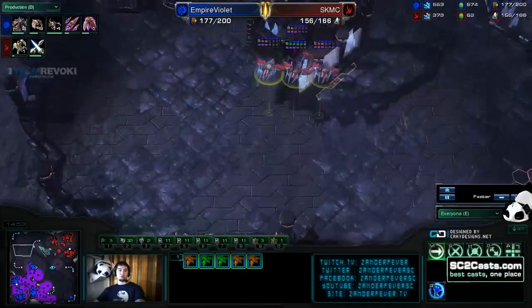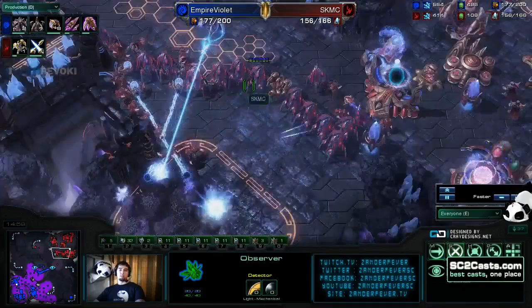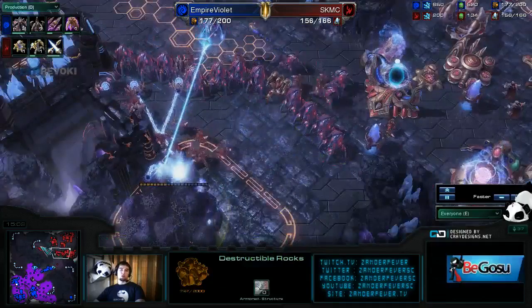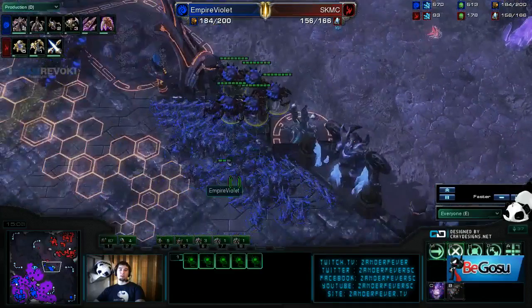It looks like he did also lose a Phoenix there, unfortunately. But I like his observer placement. You see the placement of MC's armies over here. So as long as he has warning of the attack over here, he can rearrange his army for a much better spot. But it looks like we are seeing...